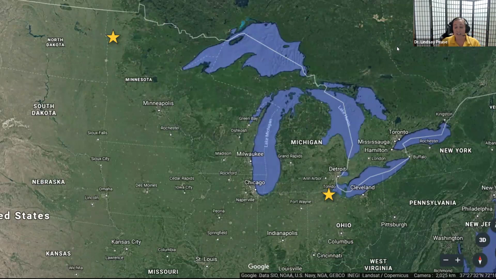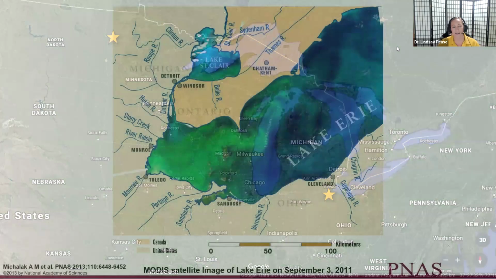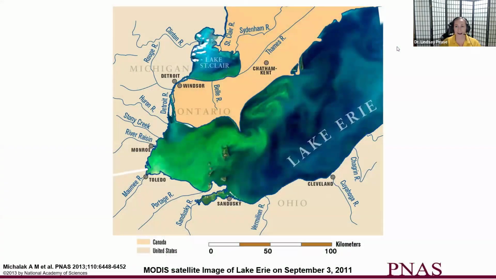But before that, I do bring a much broader perspective of the Midwest than just this little corner of Minnesota. I grew up in Ohio's Western Lake Erie Basin, just upstream of Toledo. And if any of you have heard of the Western Lake Erie Basin before, I'm sure many of you have, we are famous for our harmful algal blooms. This is an image of one of the harmful algal blooms that happened.